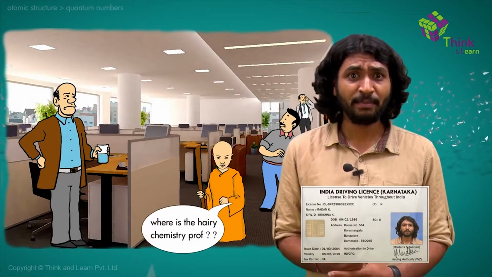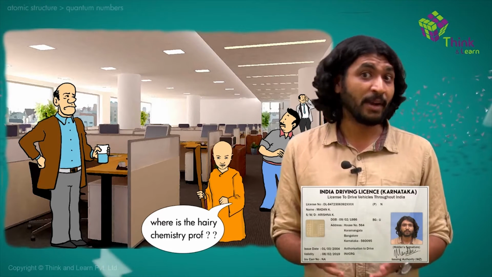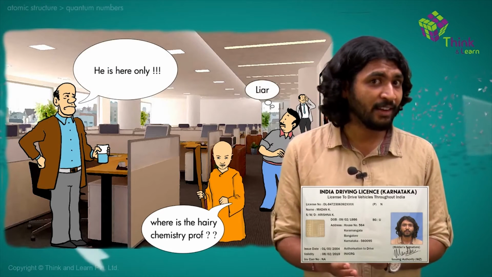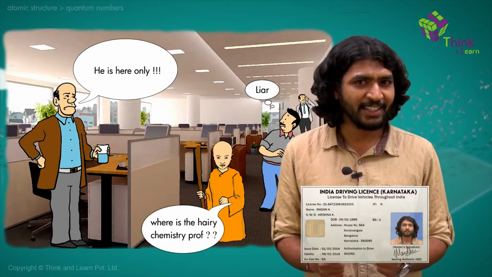You would go to Baiju's classes and say, where is that hairy chemistry professor, right? And what would they say? They might say, I'm there, I'm not there, but are you 100% sure that you can find me there? No, right? So just like that, the principal quantum number and the other quantum numbers, which we're going to talk about, are going to help us find the address of that electron. And that address is not always accurate, but it is the most probabilistic location for finding an electron around an atom.